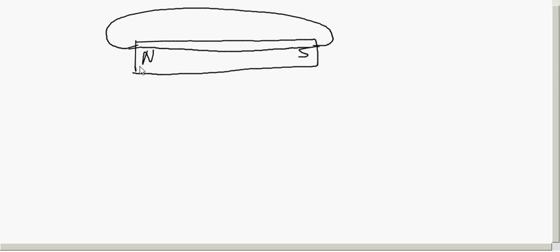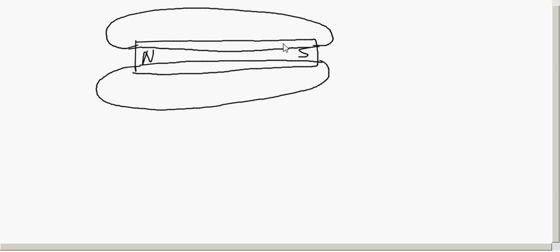Now, as I said, to represent the magnetic field we use field lines. If you take a bar magnet, what are the properties of magnetic field lines? The magnetic field lines are closed loops, or I can say that it is a closed continuous curve. It goes like this. So what is its direction?